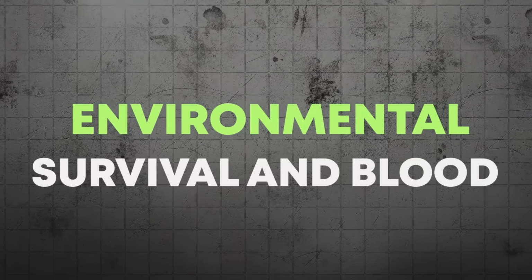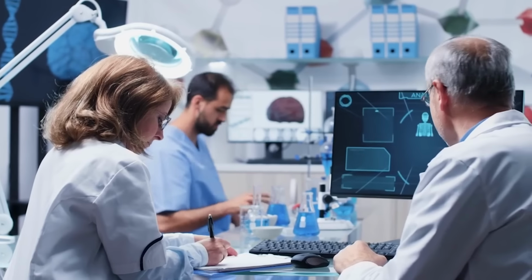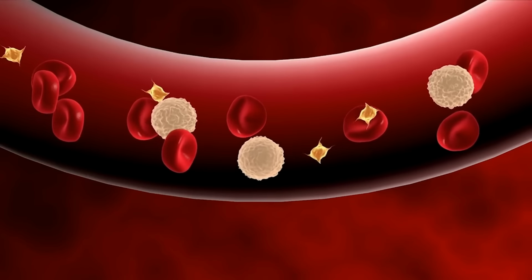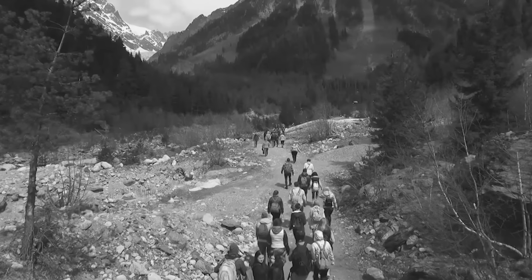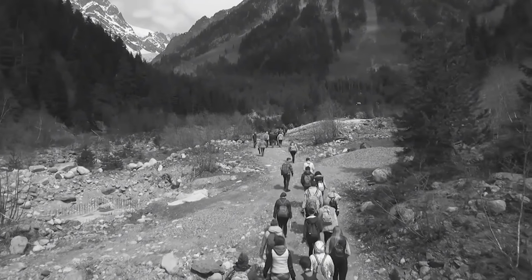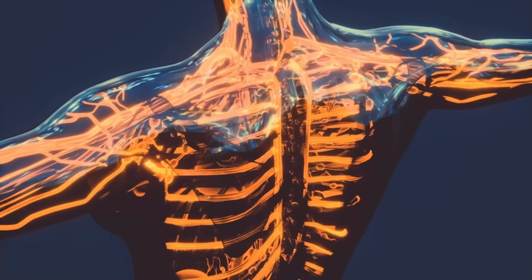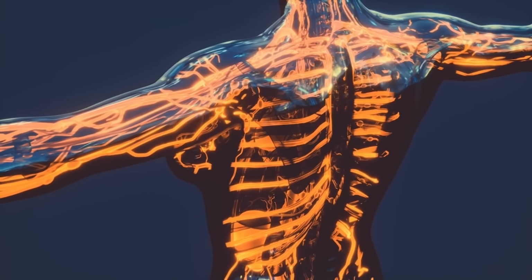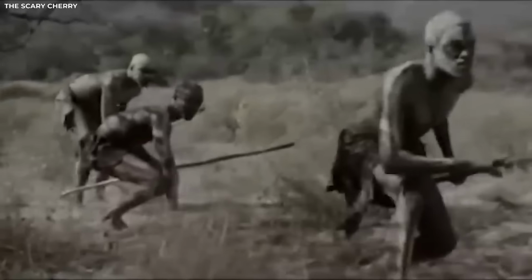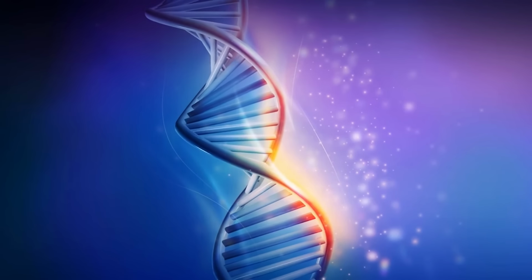Environmental survival and blood. Some scientists believe there's more to it than isolation. Type O blood might have helped early Americans survive in tough environments. In mountainous regions, where oxygen levels are lower, people with type O blood might have had a slight edge. Their blood could have been better at delivering oxygen under pressure. That survival advantage, even if small, could have made a huge difference over time. In harsh conditions,